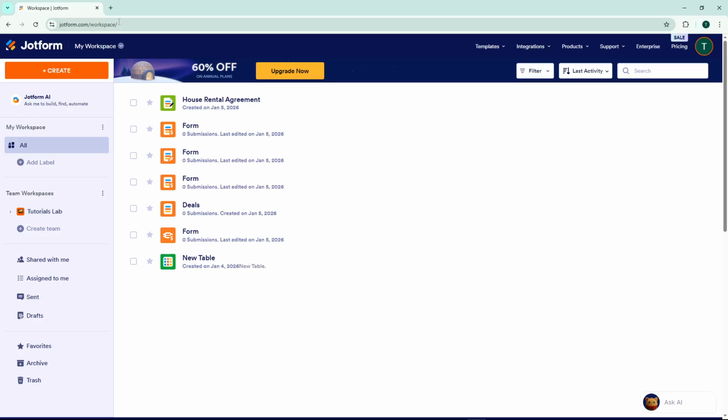Let's start by opening your web browser and navigating to jotform.com. Once you're there, go ahead and log in using your credentials. Make sure you enter your email and password correctly to access your account. After you've successfully logged in, you'll be taken to your Jotform dashboard where you can manage all your forms and